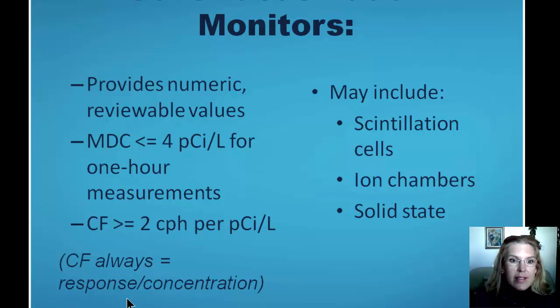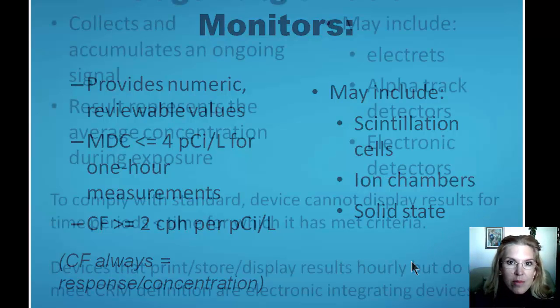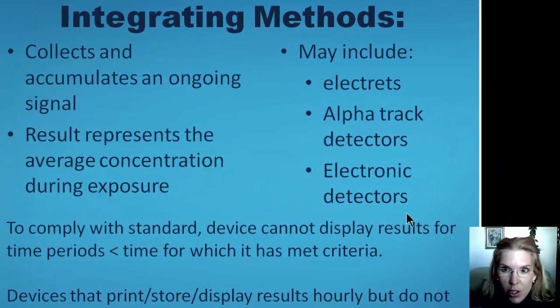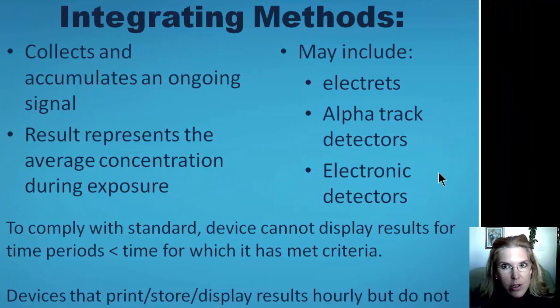In other words, it's the signal divided by the input. This definition may include, but isn't exclusive of, other designs: scintillation cells, ion chambers, and solid-state-based devices. The integrating method category includes those devices that collect and accumulate an ongoing signal, and the result represents the average concentration during exposure. This device type may include electrets, alpha track detectors (probably the biggest example), and then